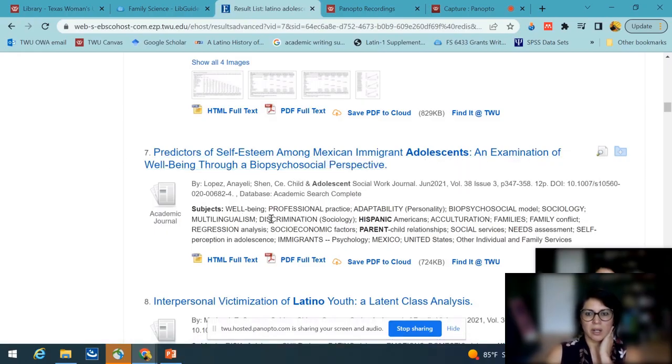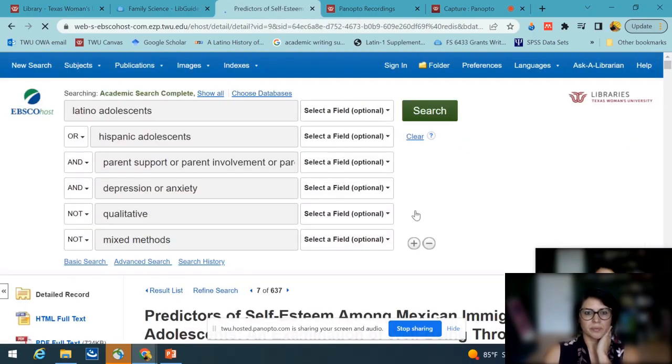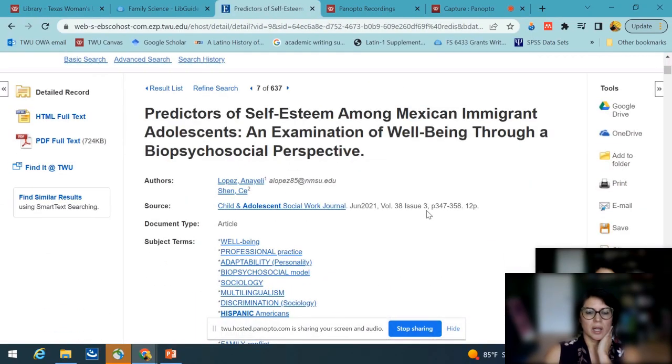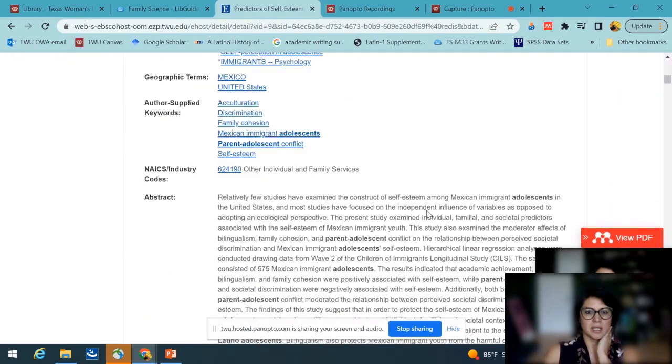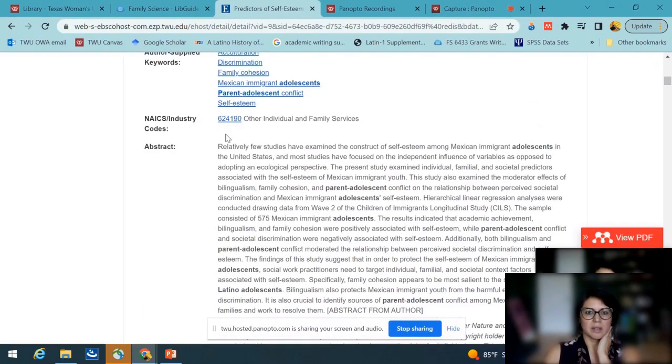Okay, so let's see if they talk here about parents at all. A little bit, right? Family conflict, acculturation. So I'm just going to click on this one, and I'm going to read the abstract. Before I open up the entire article, I want to read the abstract to see if it is indeed a quantitative empirical article. So the abstract reads, relatively few studies have examined the construct of self-esteem among Mexican immigrant adolescents